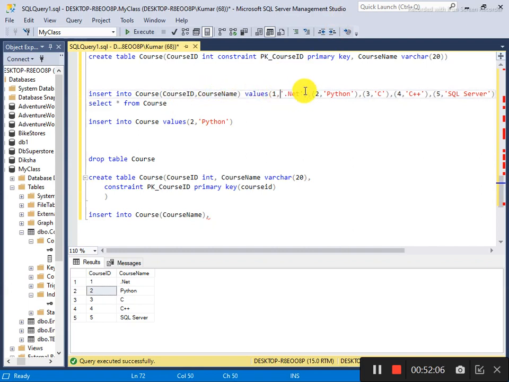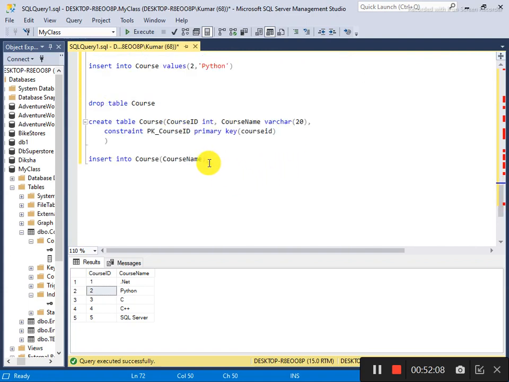Okay, and if you are putting a specific column, then you have to apply it that way. Now I say for values like this, I am giving, say, Oracle. Now you see that I am not giving any value to the course ID.